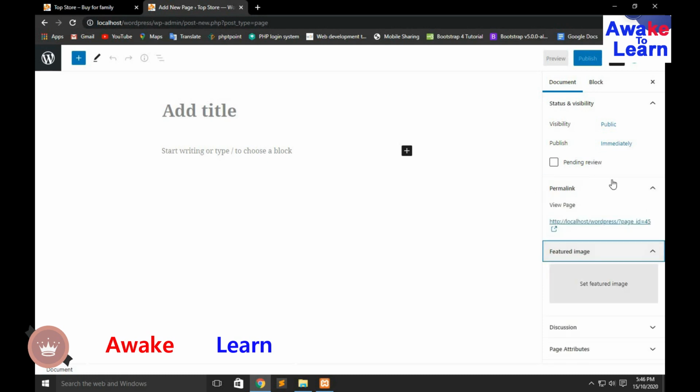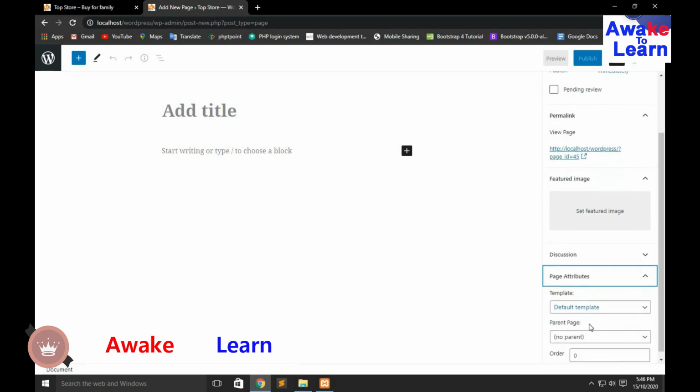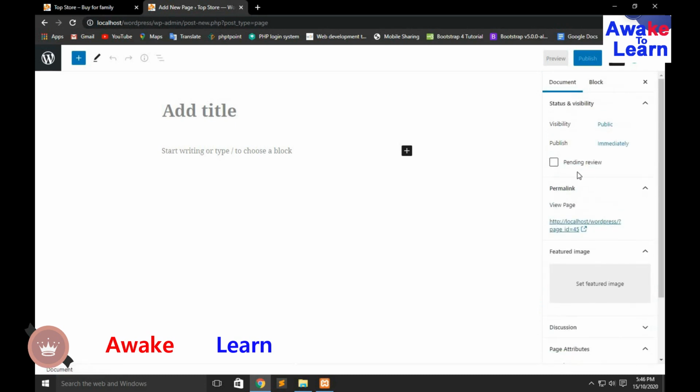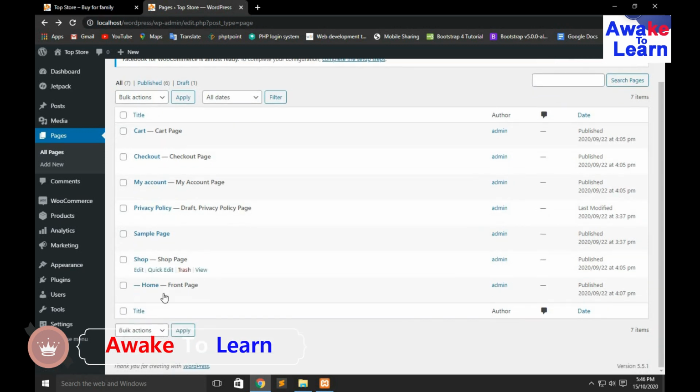This is the featured image. And this is the default template. You can just select home page. So these are all the pages created. This is the front home page.